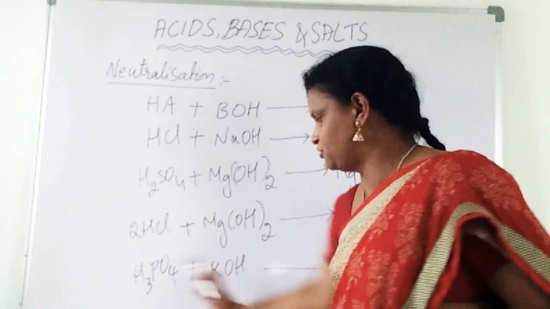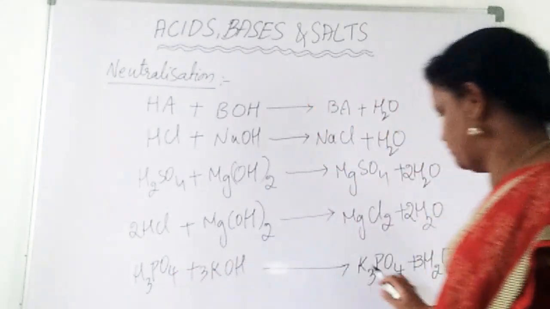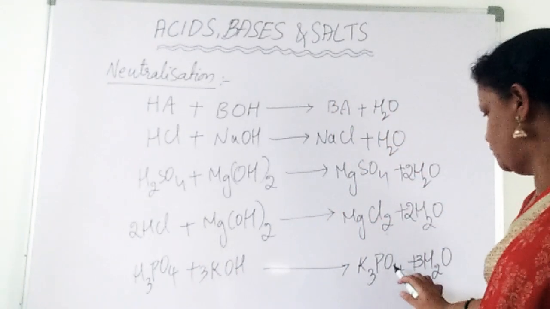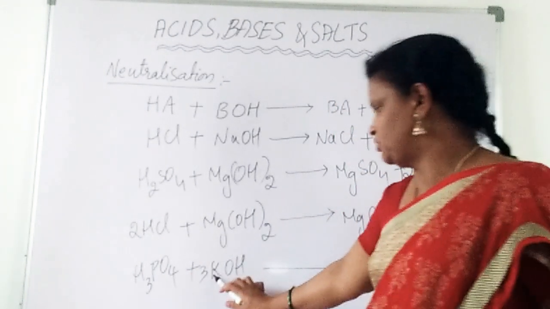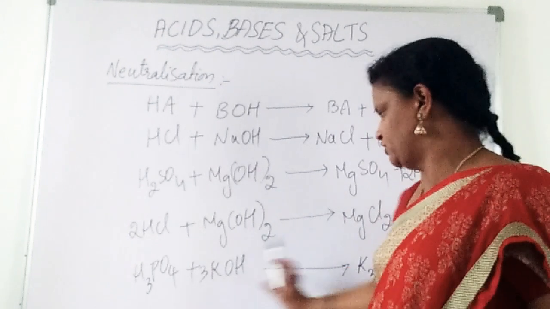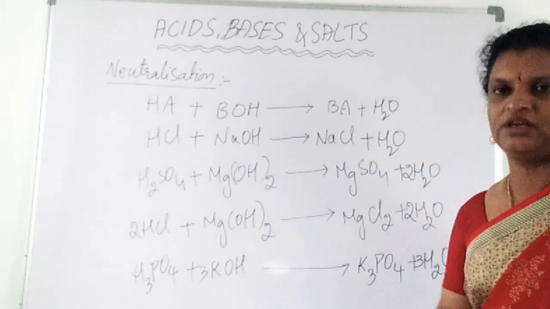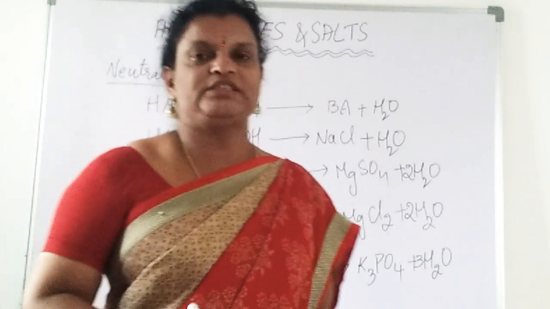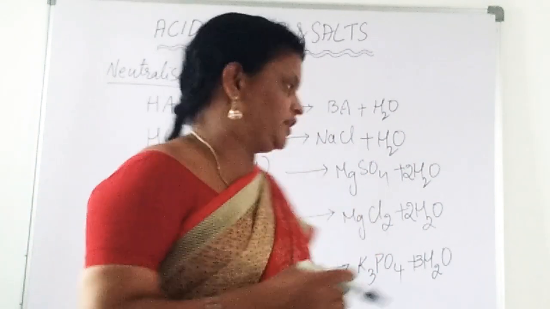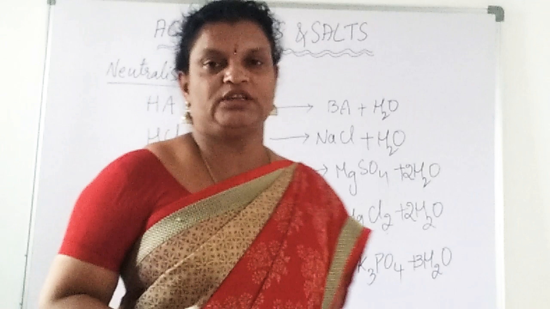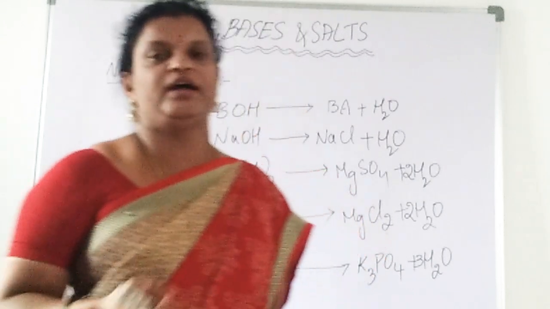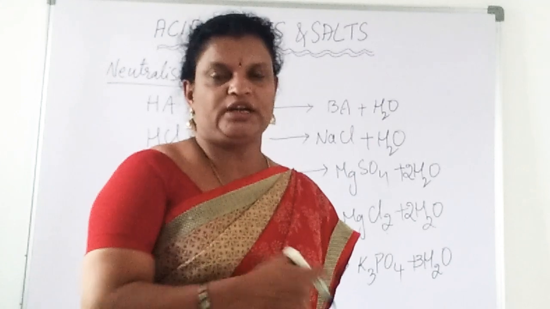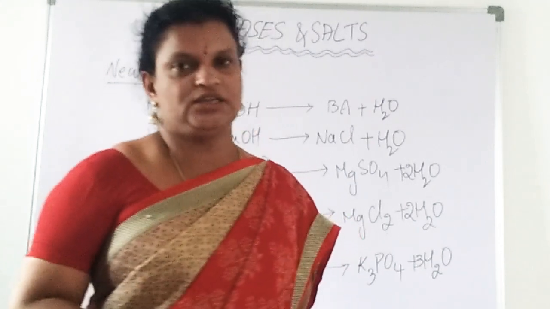Once again we'll check. Hydrogens are already balanced. Phosphorus is only 1, here also 1. And oxygens here 4 plus 3, 7 are there. 4 plus 3, 7. Next, potassiums, already we have balanced, oxygens, then hydrogens. Everything is balanced. So like this, we have to check. We have to go for the method known as the trial and error method, where we will write the coefficient before the formulas, and we will check whether the atoms are balanced or not. So one by one, we will write the coefficient and also check that they are balanced or not.